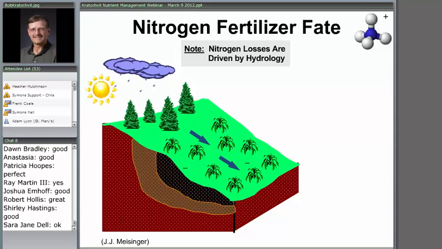All right, let's look at the two forms of nitrogen that can be supplied to the crop. First, we're going to look at ammonium. Ammonium is nitrogen with 4 hydrogen ions attached to it. That gives it a positive charge, which is good, and we'll talk a little bit more about that in a minute here. Now, ammonium applied to the surface of the field is subject to volatilization. It's subject to this volatilization because of